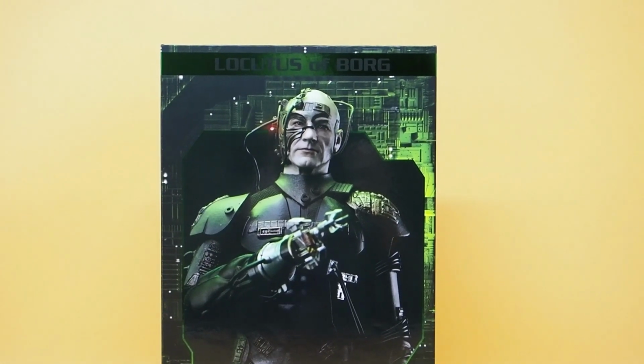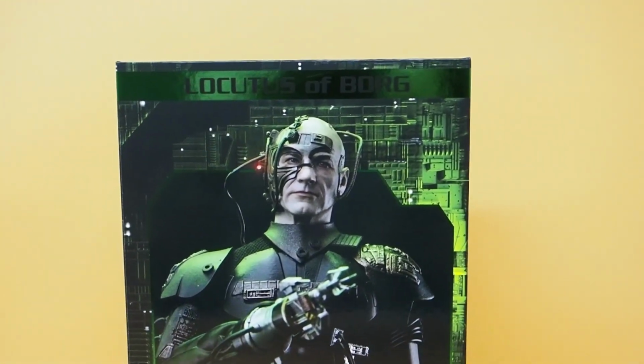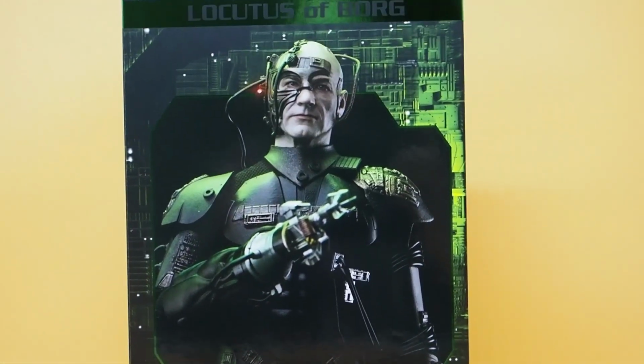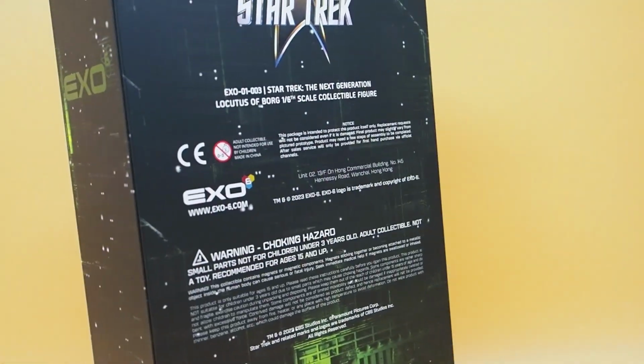Alright, today I am going to give you guys a detailed look at this EXO figure, a 1/6 figure of Locutus of Borg. This is based on Star Trek The Next Generation. This is Captain Picard being assimilated by the Borg, and there's a thing on the side, there's a thing on